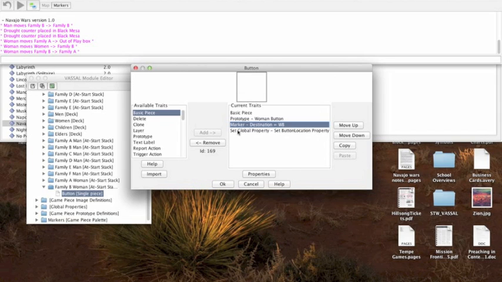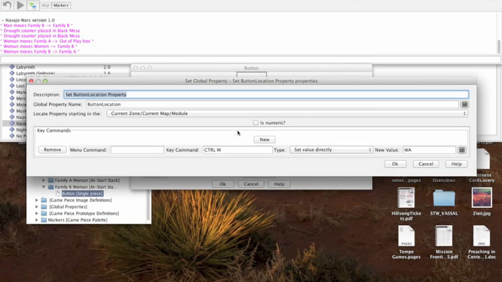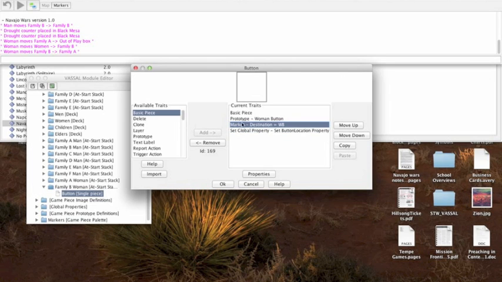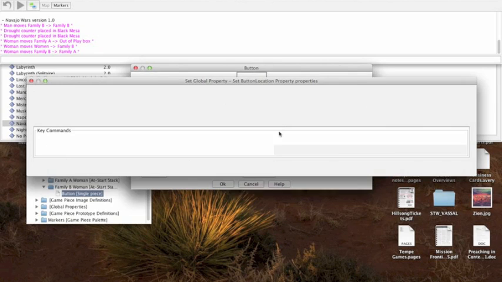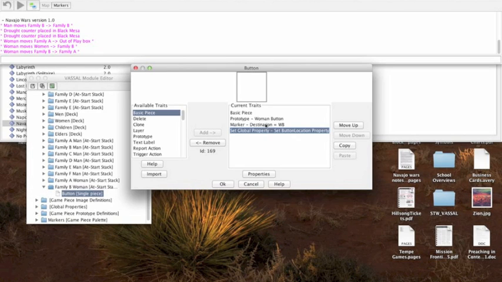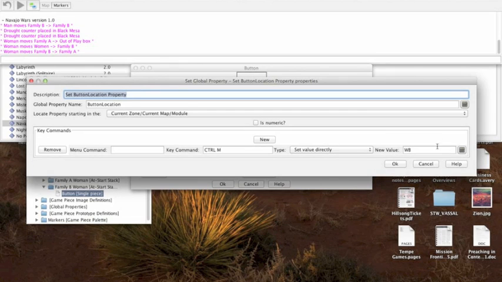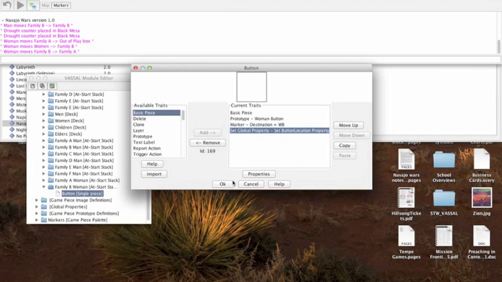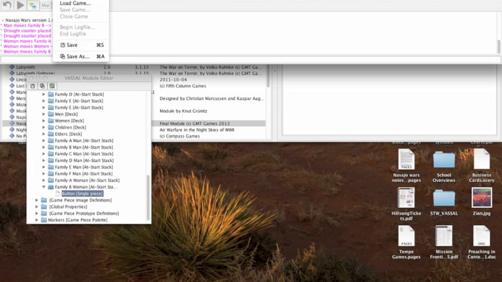And set global property. What I need this to do is, when I click on the piece, change the global property to equal the same thing, WB, as the designated marker here, destination. So I need the global property value to equal the property that's unique to this particular game piece that has the word destination. So destination property WB, global property equals WB. That's all I need to do. Click OK, fire this thing up,